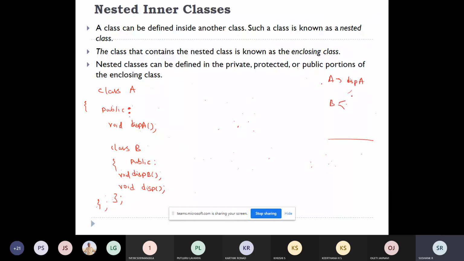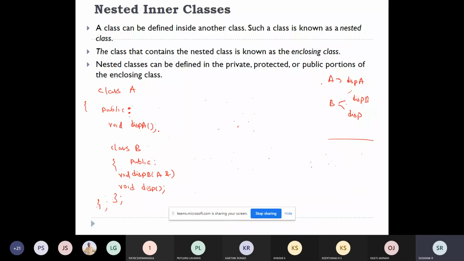B contains two functions, DISPB and DISP. Now for one function, I'll just pass the address of object A. See, A means class name, ampersand means the address of object A.